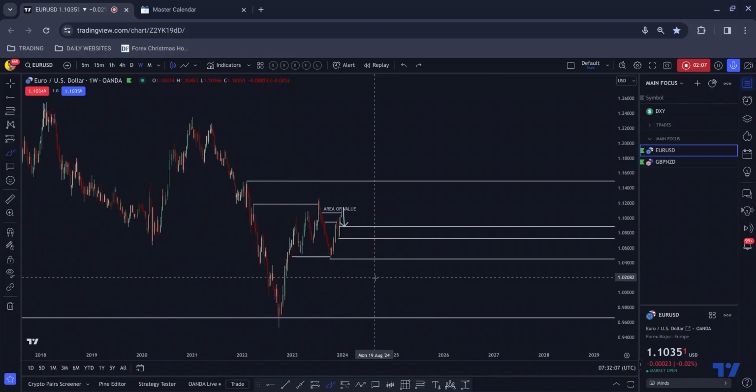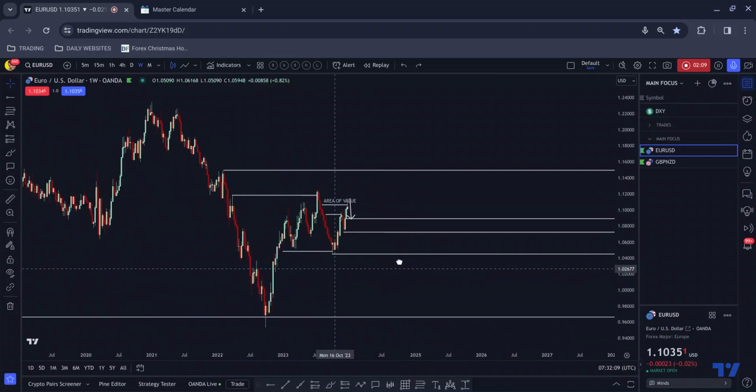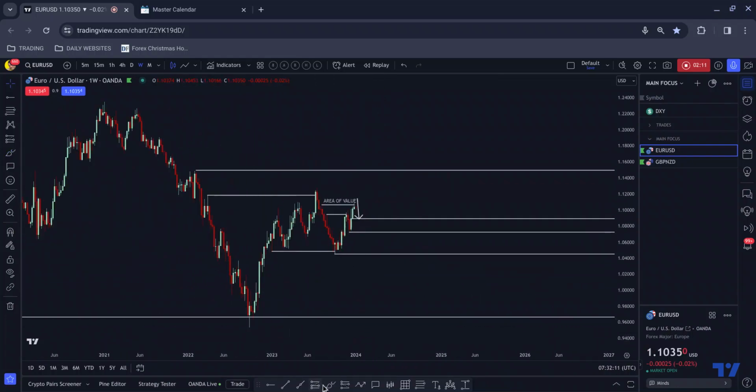Okay, we break, as we often do on the higher time frames, just below it. Okay, catch people the wrong side of the market who believe what was previously support becomes resistance once it's broken below. The bigger players see this as a discounted price. It moves up. We then tap into, as we move up here, this exchange of liquidity